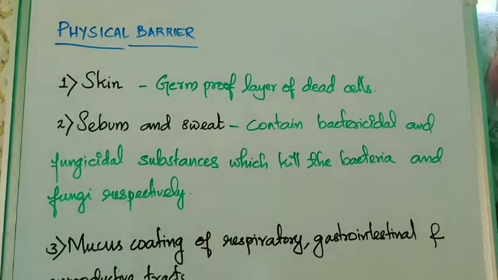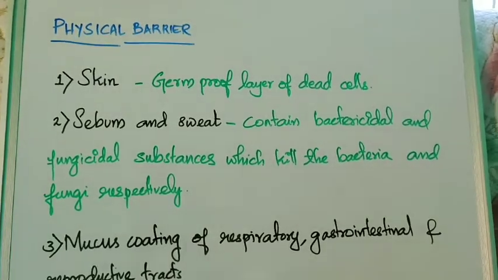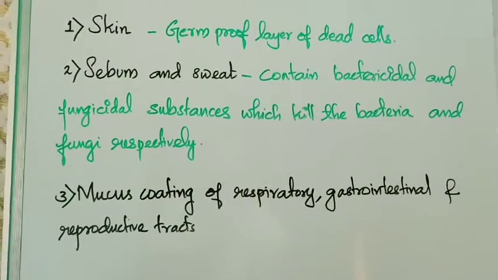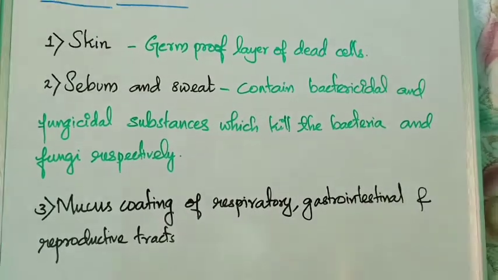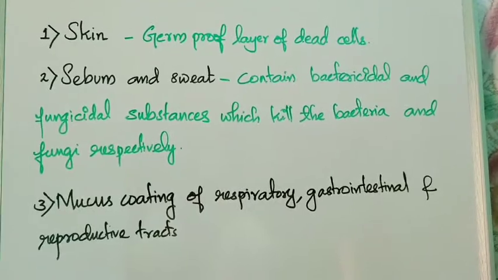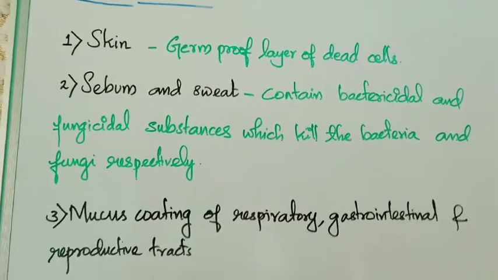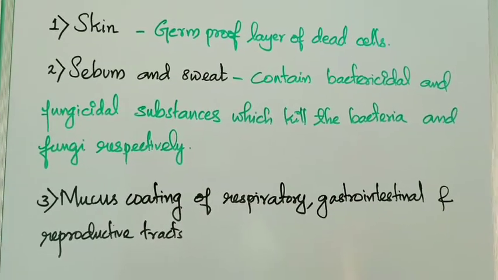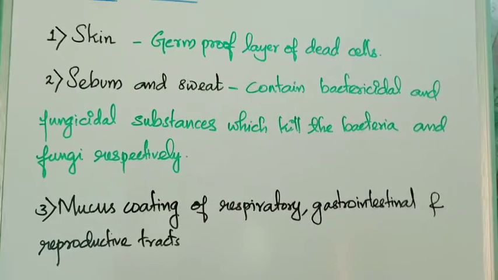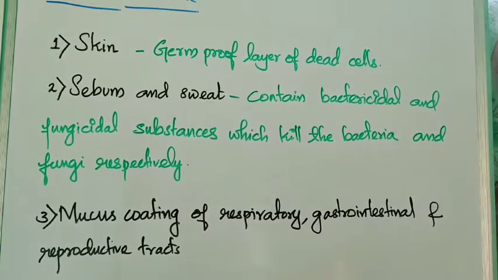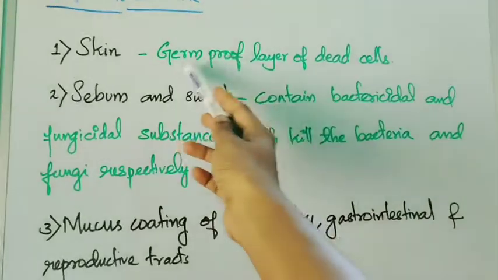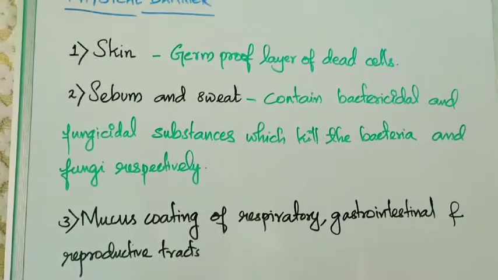The first kind of barrier is the physical barrier. These are the physical barriers that any antigen has to face when they try to enter inside our body. The first and foremost is the skin. You all must know that our skin is not a single layer of cells. Instead, it is made up of many layers of cells. And the topmost layer of cells are dead cells, which makes it very germ-proof to the entry of any